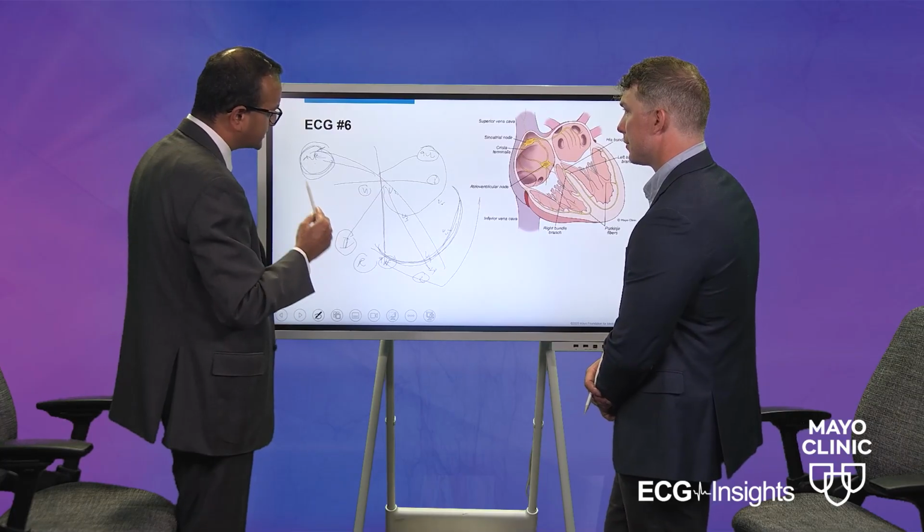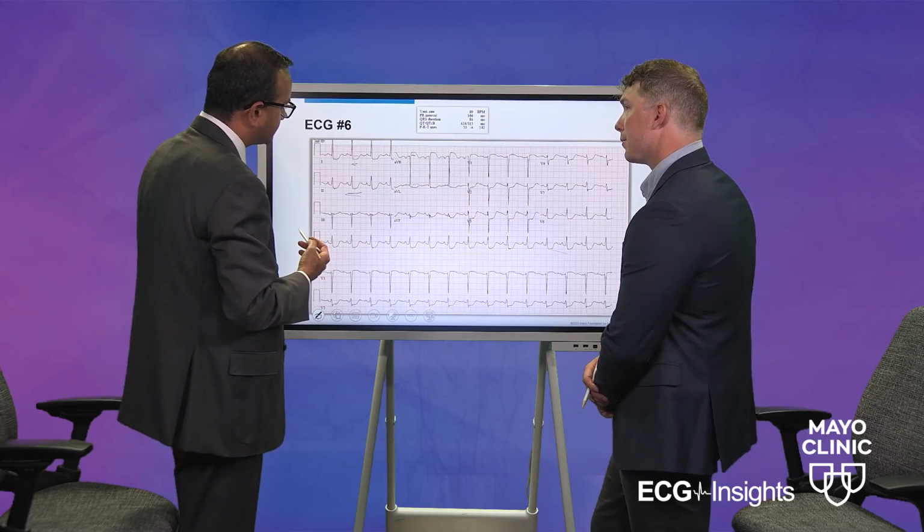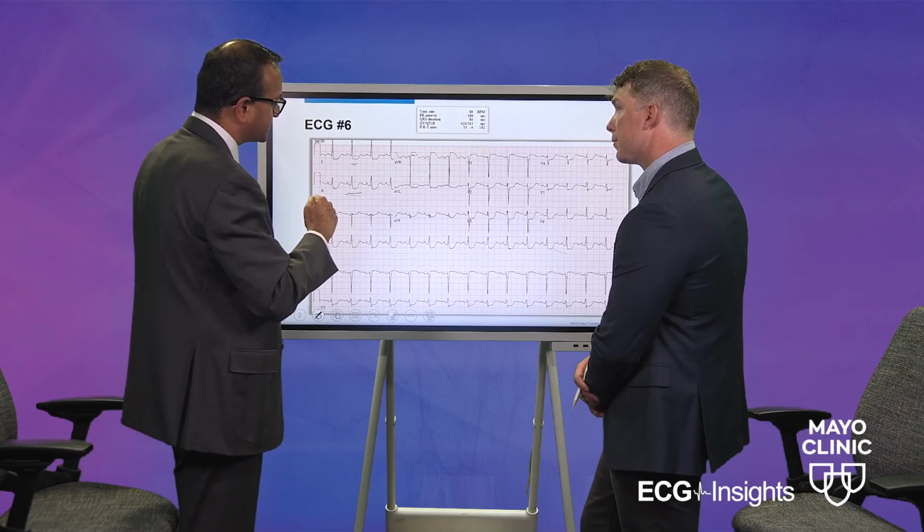Now, mind well, in reciprocal changes, you get ST depression, but you don't get T wave inversion. If you go back to our ECG again, here you have significant ST depression, but the T waves are looking pretty good. So one thing you need to remember is that reciprocal changes are to the ST segment, not to the T wave. If the ST goes up, the ST goes down in certain other leads. So that's your reciprocal changes that you look at.